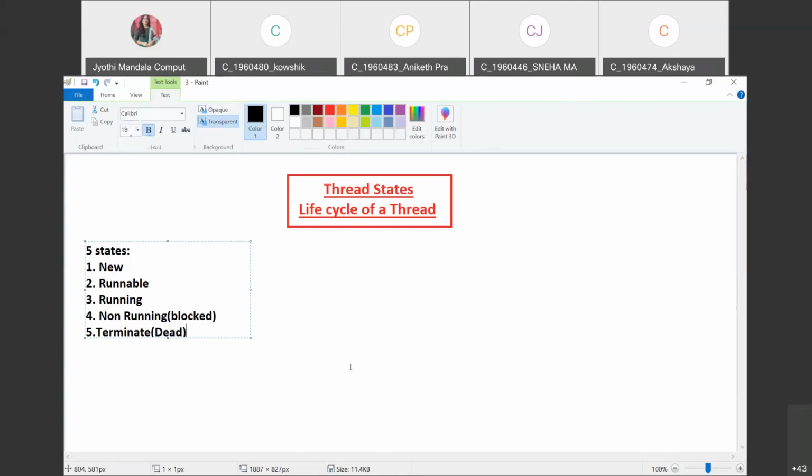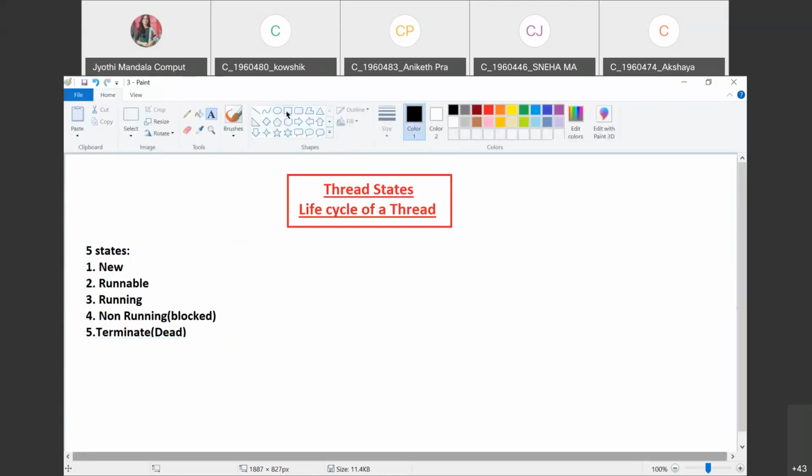To understand this very clearly, I'll take one simple example. Let us take that we have one process, and in this process, let us consider we have 3 threads: thread 1, thread 2, and thread 3.